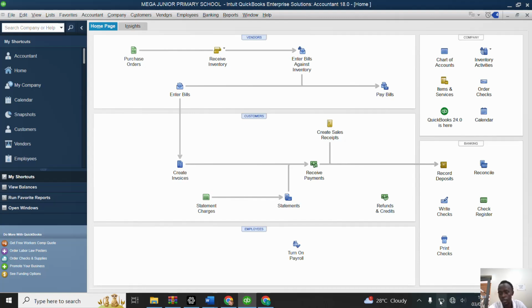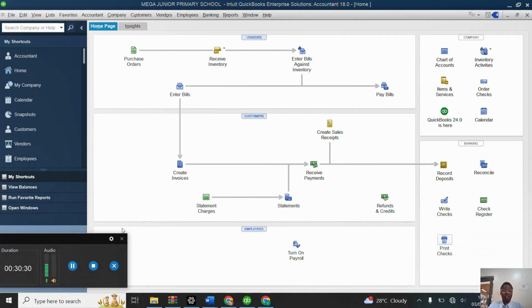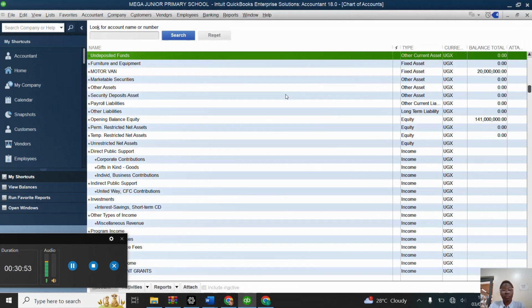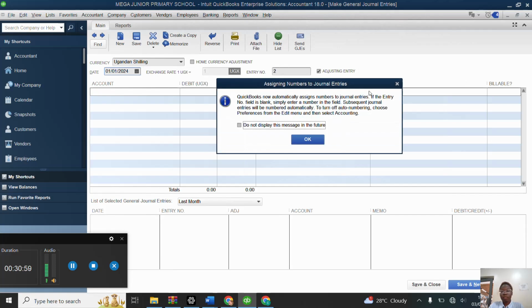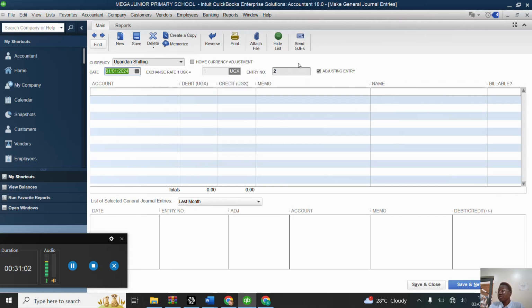So I'd like to invite my colleague to start from there. So my name is Second Pauline. I'm going to continue from where Shafiq stopped. Our next part of the question says government grant was spent as follows in January 2024, and it's giving the expenses. So we're going to make the general journal. Right click, make journal entries. So since this government grant expenses are under Stanbic Bank,